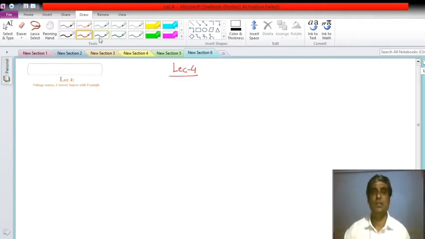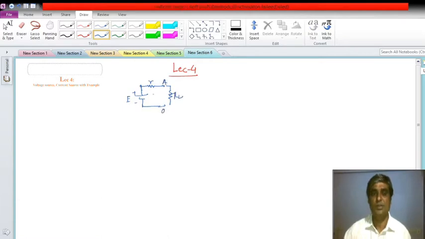Next, we saw something about the voltage source and current source. A voltage source may be an ideal voltage source or a practical voltage source, which is nothing but the battery. If we go to a shop and buy a battery, that acts as a voltage source, right? And what is the structure of the voltage source? It is some value of E with some internal resistance R. And to this we connect the load resistance, right?